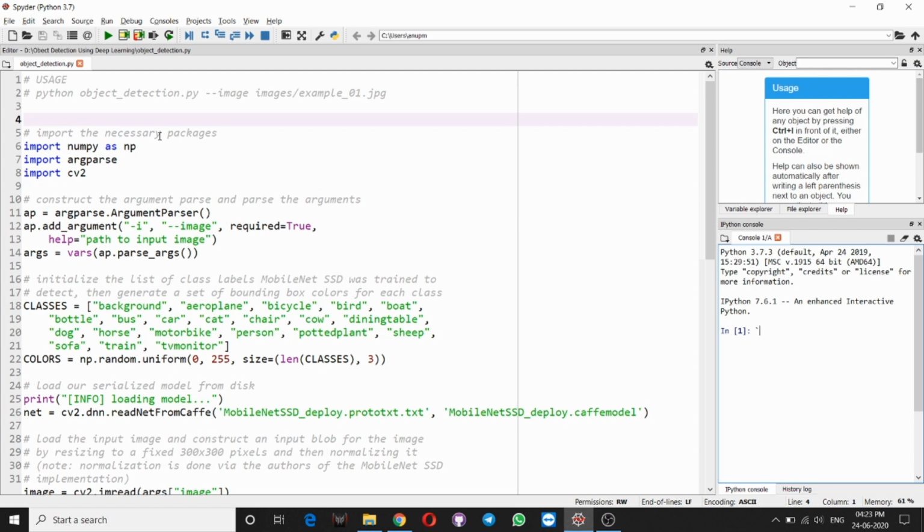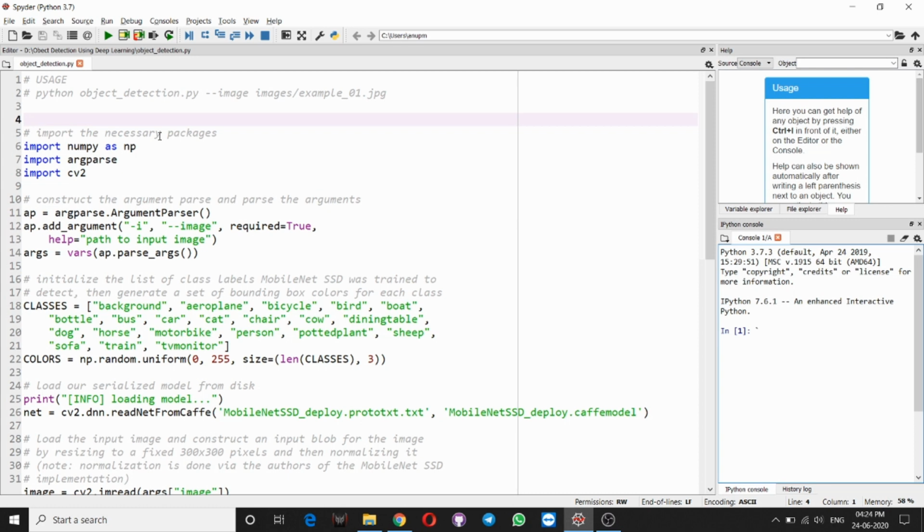So help is equal to path to input image. Now we have to pass all these arguments into another variable as a list: args equal to vars of ap dot parse_args. This will convert the arguments into a list, but since we have only one argument, the list will contain only one argument. If we have many different arguments, then the list will contain all of them.